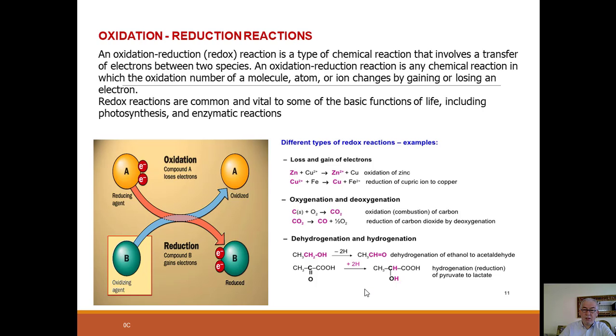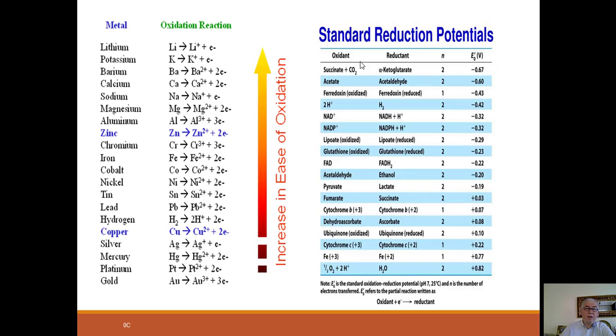Also, dehydrogenation and hydrogenation reactions can occur in different types of reactions in our cells. For example, dehydrogenation of ethanol to acetaldehyde and hydrogenation of pyruvate to lactate. And in our lecture, we will talk about different types of oxidation and reduction reactions. When we look at metals and oxidation-reduction reactions, you can see zinc, copper, and iron atoms have this kind